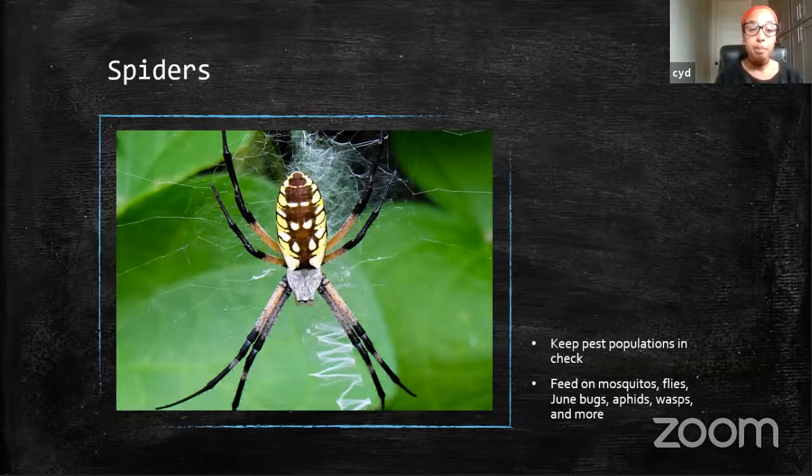Companion planting. Like I mentioned with the aphids, you plant the things that they're deterred from next to the things that they're generally attracted to. That way you can help ward them off. So companion planting, pollinator-friendly plants, planting native plant varieties,